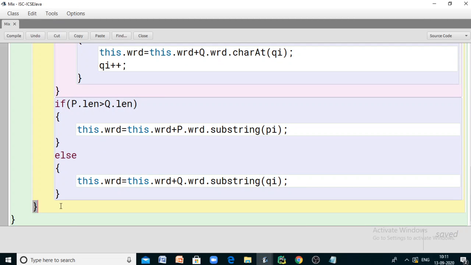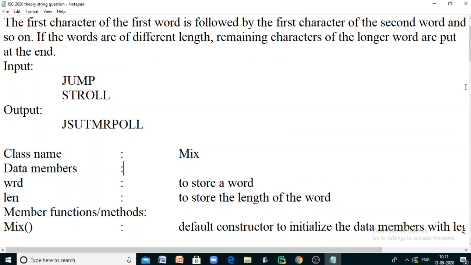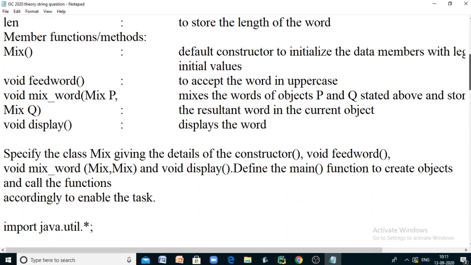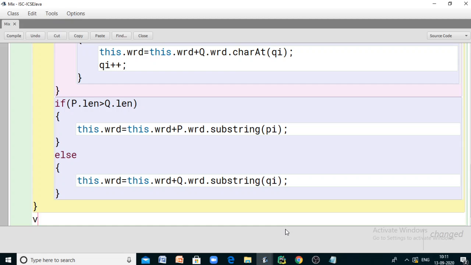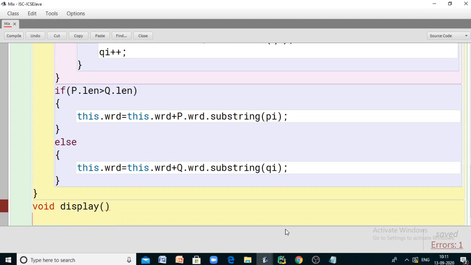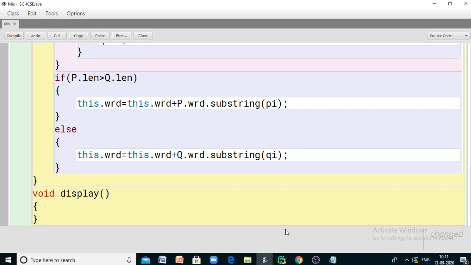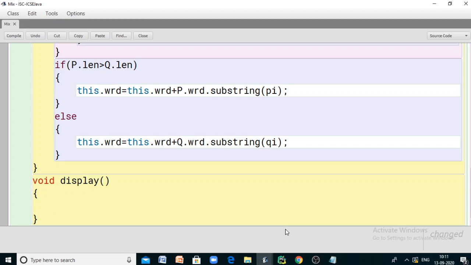Now let us move to the next method in the same class, that is display. Display is just displaying the word member of the current object. So void display is displaying the word member of the current object.